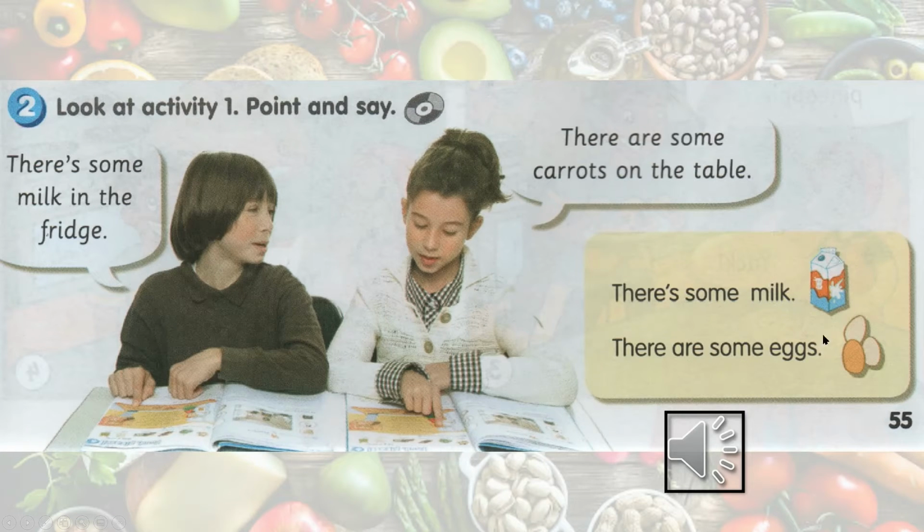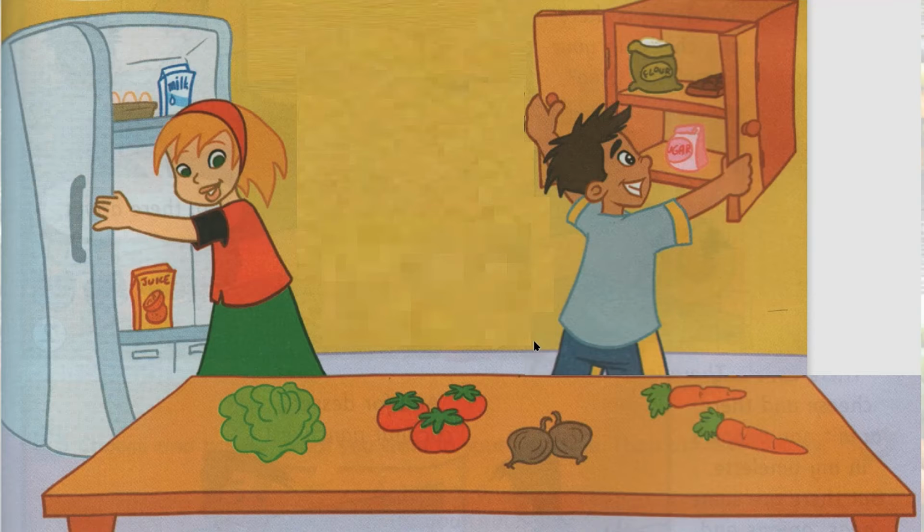So over here, milk cannot be counted. So we use there's some milk. We can count eggs. So the sentence will be there are some eggs. Some 是很特别的，some 的意思就是一些，所以我们可以把它用成在 singular noun、plural noun 或者是 uncountable nouns 都可以用的。